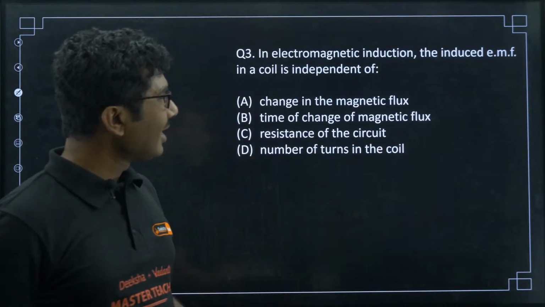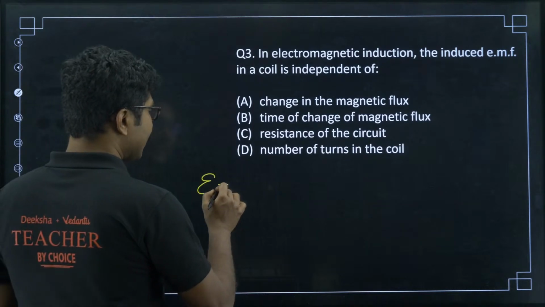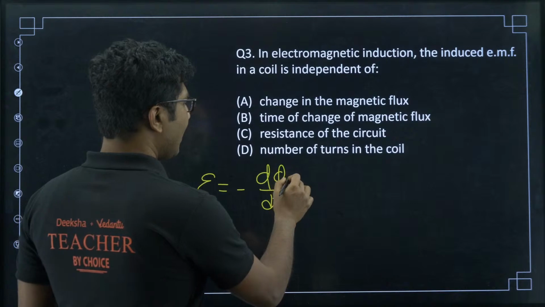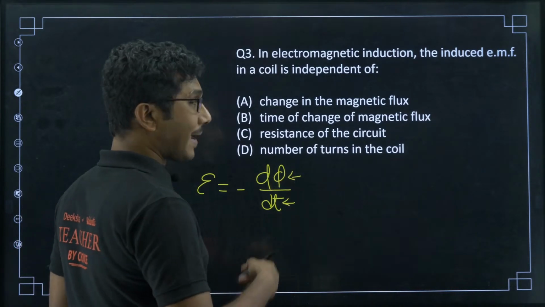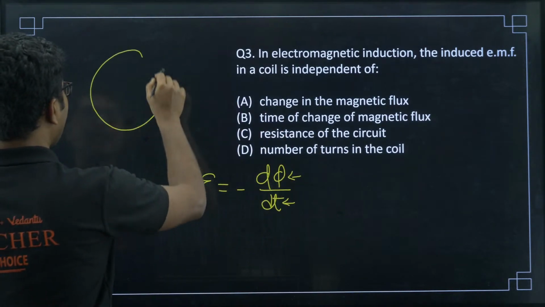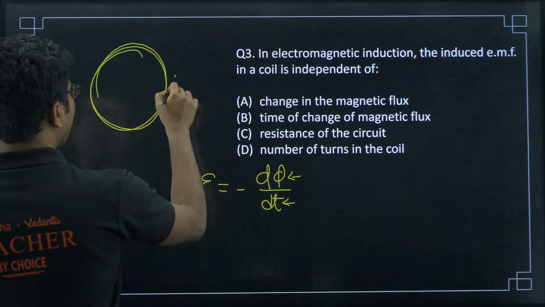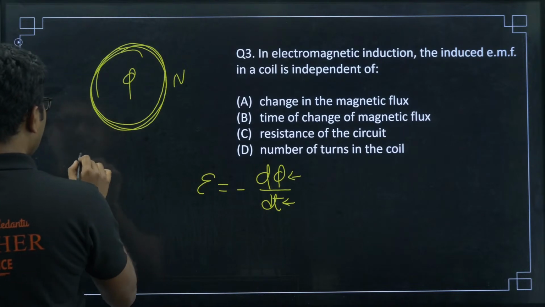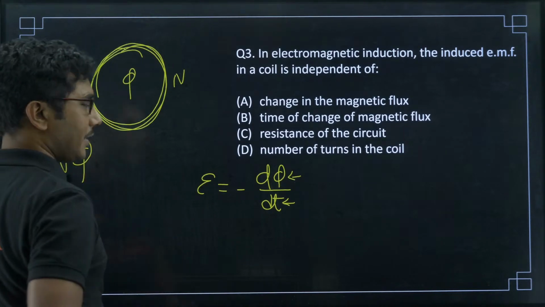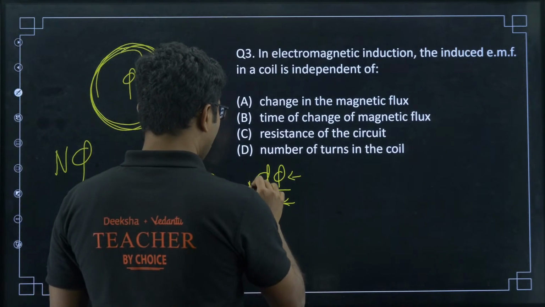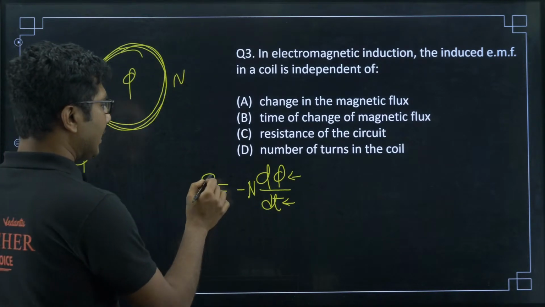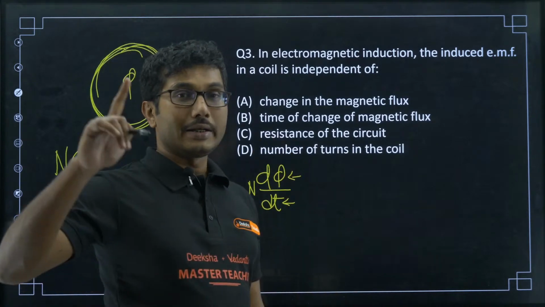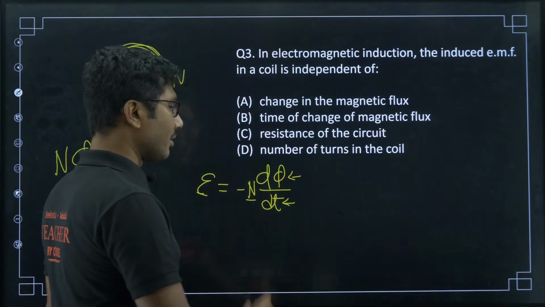Pradeep, why 3A? Induced EMF is basically minus d phi by dt, right? So it depends on the magnetic flux, it depends on time. Now for a coil having n number of turns, if for one single coil the flux is phi, then the total magnetic flux is given by n phi. Now, n is a constant, so that n comes out. For a coil you can write the induced EMF to be minus n d phi by dt, where d phi is the flux linked with one single coil. Okay, n is the total number of coils, right?